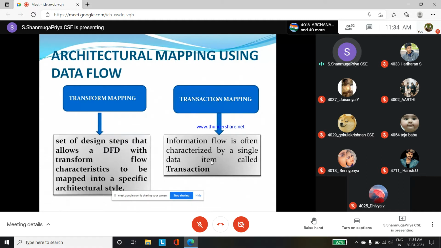In both mappings we follow a set of steps, nearly 7 to 8 steps. Transform mapping has 7 steps, and transaction mapping also has some of these 7 steps.